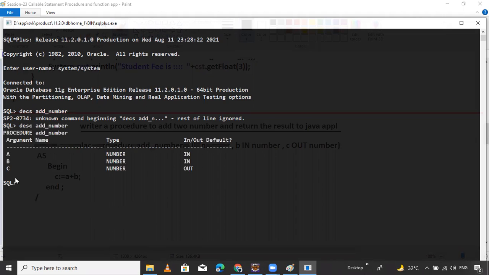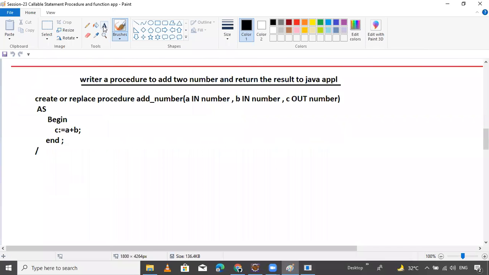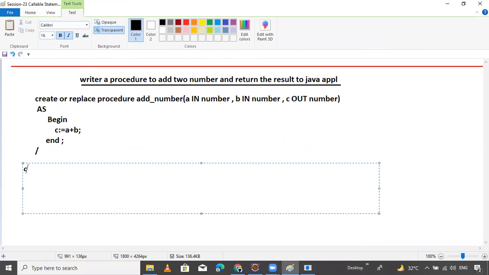Okay, this one. Now this exists with A, B, C. Now I want to create one more time in front of you guys. So how to write? Simple: create or replace. You can observe the procedure already exists, but I want to create it one more time. Then the replace keyword replaces the existing procedure.